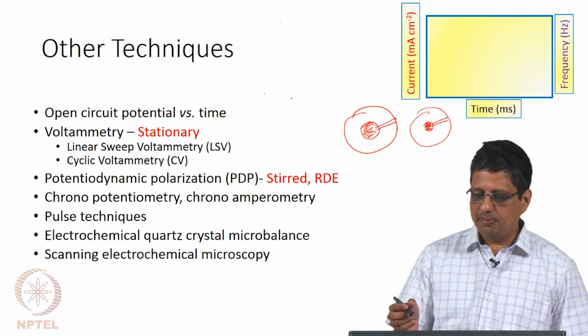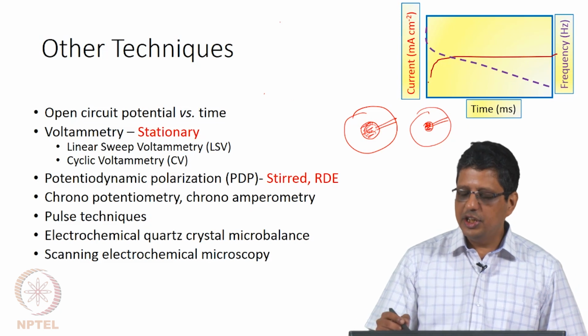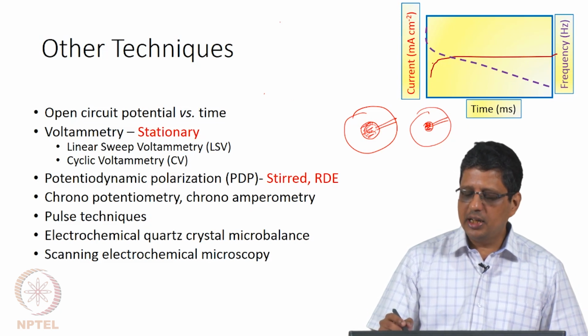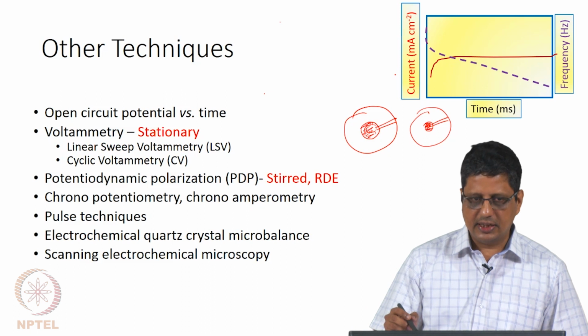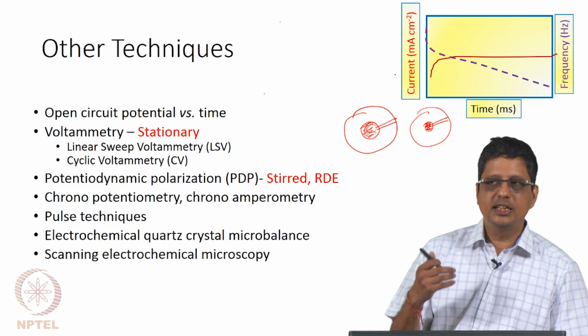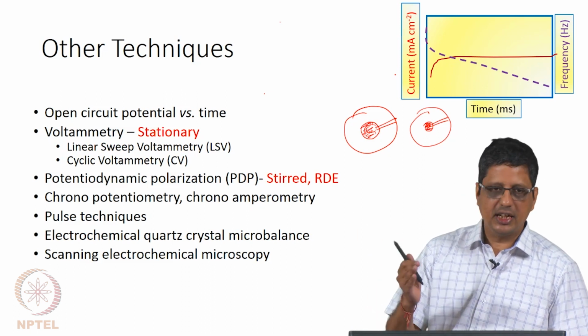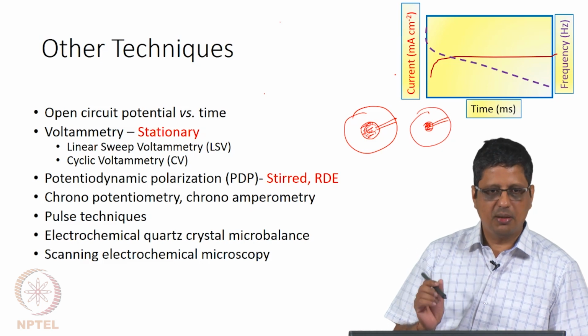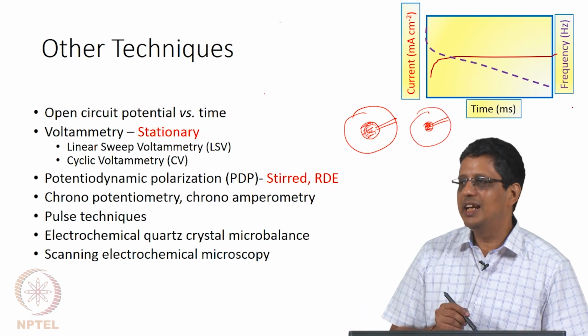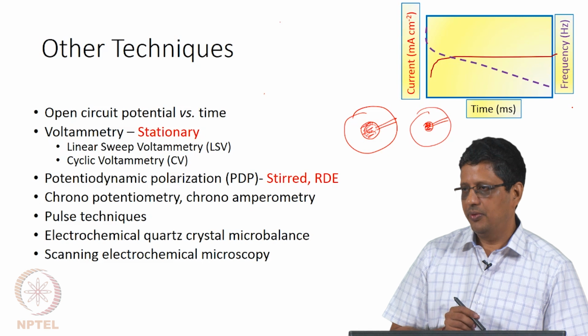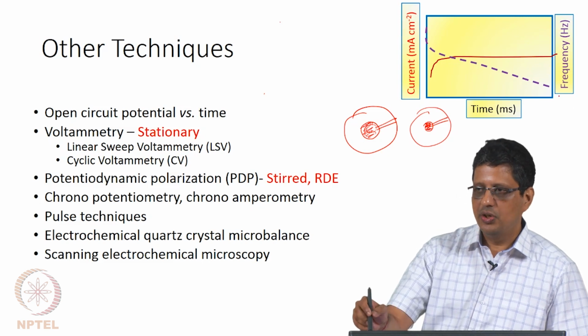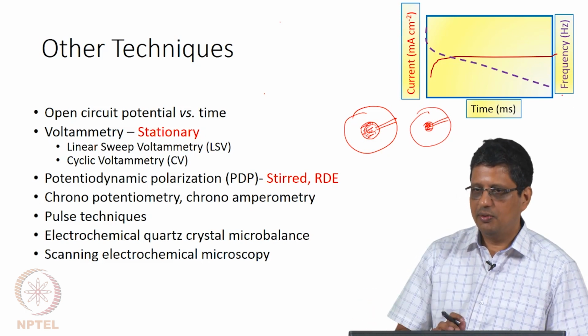So, in this case, for example, you would get frequency and current. Initially you apply a potential, you monitor the current, it jumps up and then it is more or less constant. When current is more or less constant, let us pretend in this case that it is depositing at a constant rate and everything is the metal that is depositing. Frequency will keep going linearly. Frequency here is the resonance frequency. You can monitor this and then compare with what you see in the current.